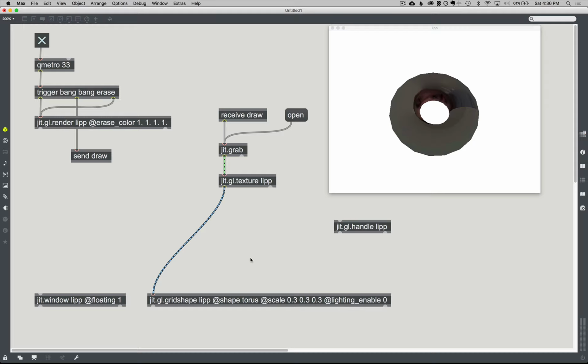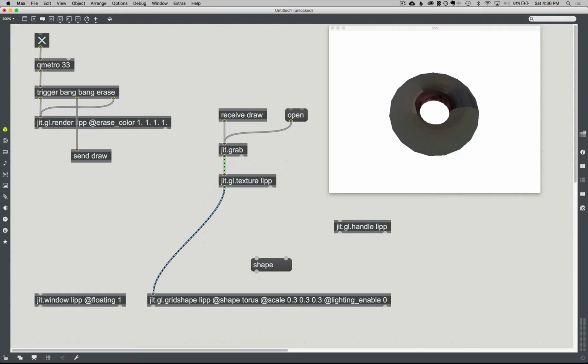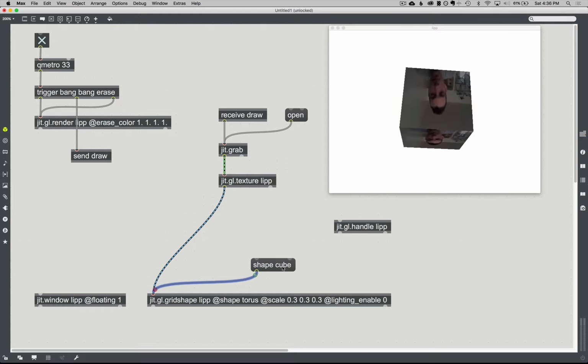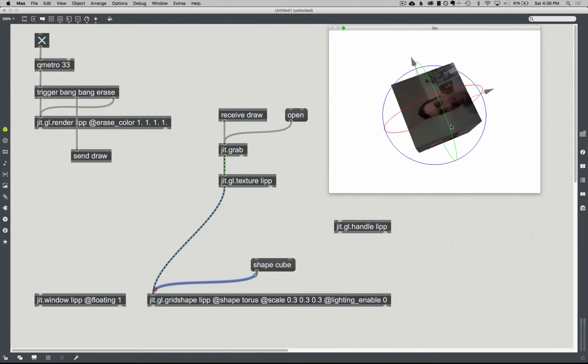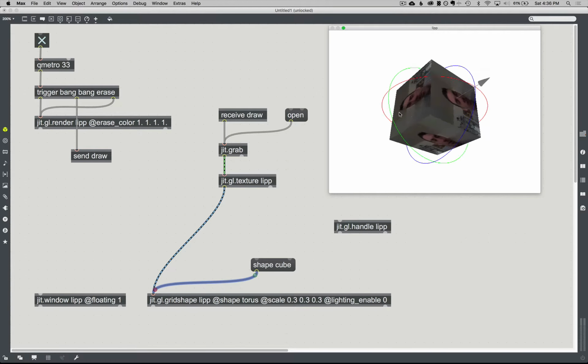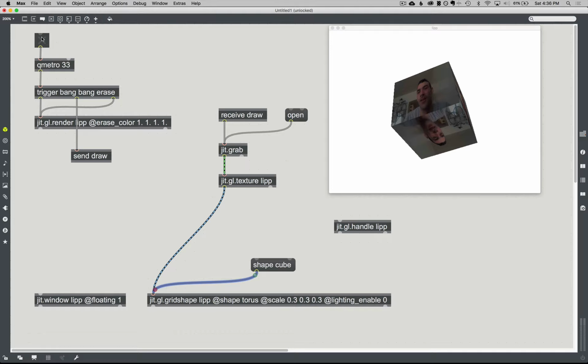And we could do other shapes too. I could do shape cube. And that's a little more obvious of what's happening here. And that's pretty cool, and that makes sense, but what I really think